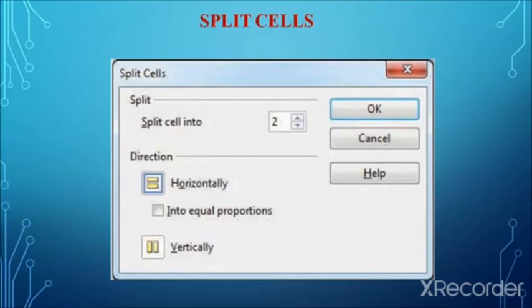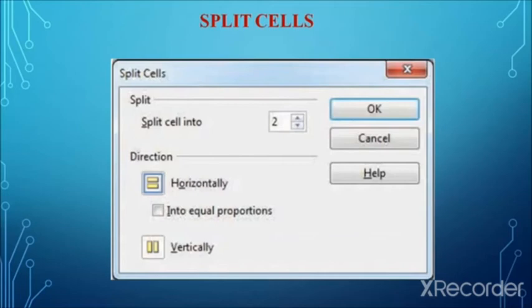For doing this we have to select the cell, either the row or the column which is to be merged. Right click and you can select the cell option, and in the submenu you can select merge, or you can choose it from the table menu. There you will have merge cells. When you select two or more cells and click this option, the two or more cells or the rows or columns will be merged into a single one. So this is how we can merge the cells.